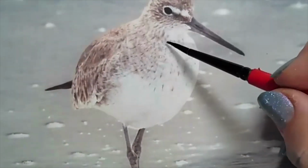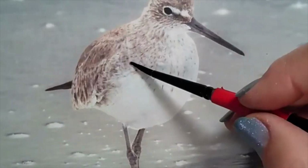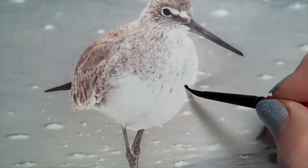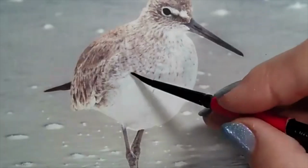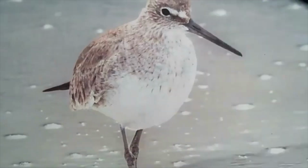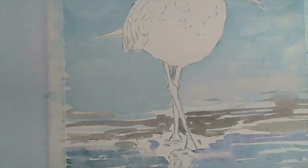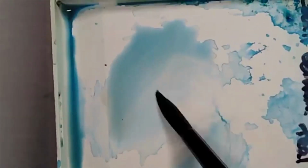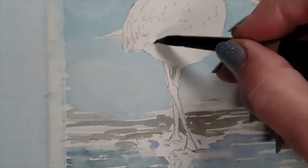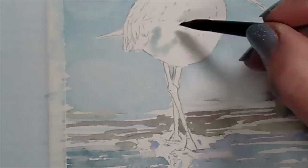And, oh, I forgot, just like the shell, a little bit of cerulean blue on the chest. Not a lot. We want it nice and white here, but very, very subtle cerulean blue shadows. Sort of here and a tiny bit here. It's really, really subtle. So let's start with the very subtle cerulean blue. And I'm talking subtle, I'm talking like this. It's like stained water, going back to my number 8 brush so that I don't fiddle. Wetting the brush, getting even more water on there, and gently putting a little bit of